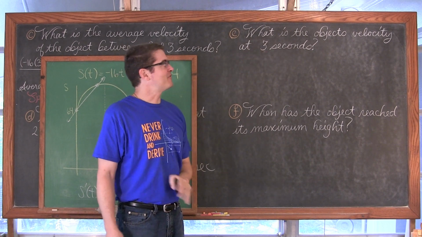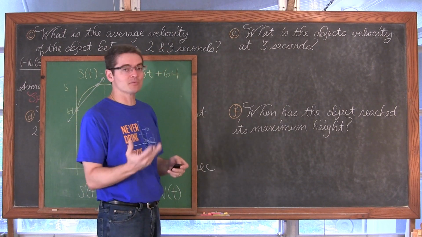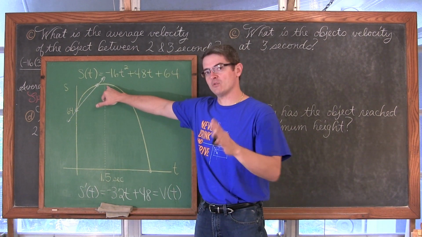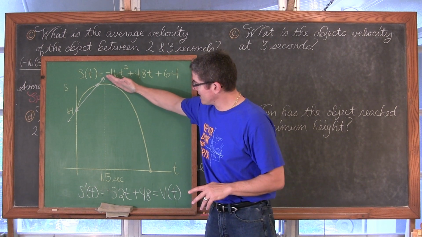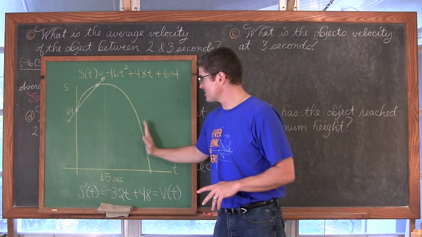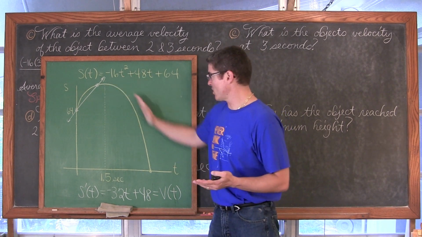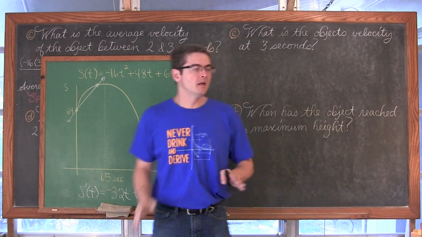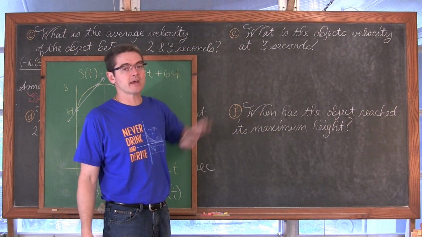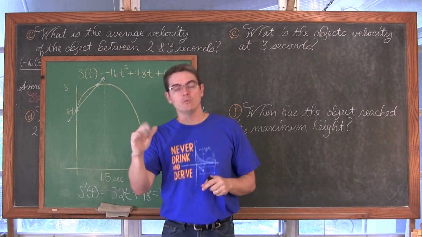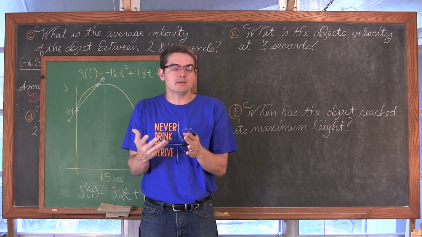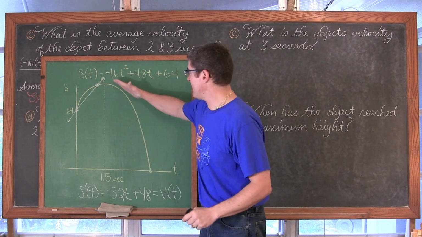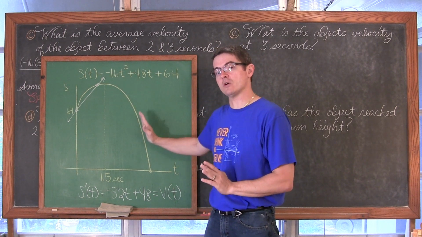Well, I want us to now find the instantaneous velocity at 3 seconds, just simply because I want to emphasize that we have passed that 1.5, which we're going to talk about in the last part, and the slope of the tangent line is going to decrease. We can see the slope of this downward opening parabola is decreasing as we get closer and closer to the value of 4. So we should be finding that our instantaneous velocity at 3 seconds is going to be more negative, or the absolute value, the speed, should be increasing because now we have a negative velocity and the acceleration is also negative.